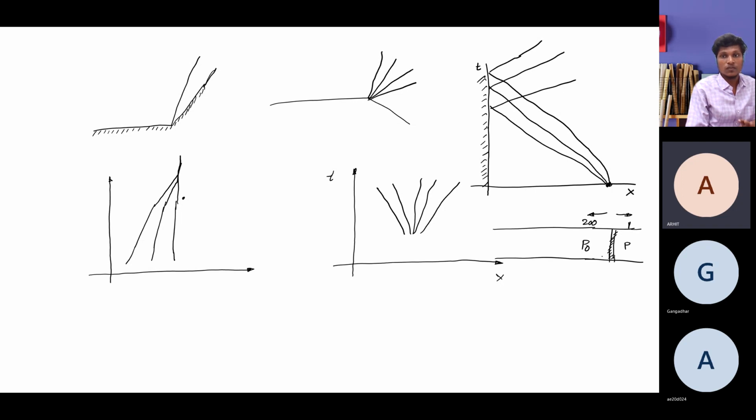But expansion waves, leftward running and rightward running, are different for expansion waves because, I can say, for the shock wave, both are finite kinds of waves, but you can draw the characteristics. I don't know whether this is clear for you or not. These kinds of characteristics were explained for you in the class.